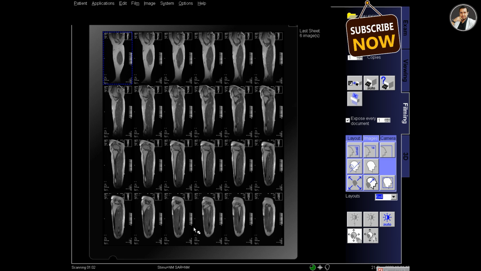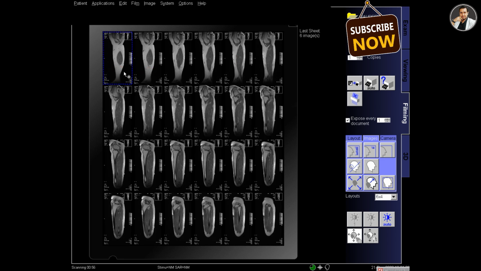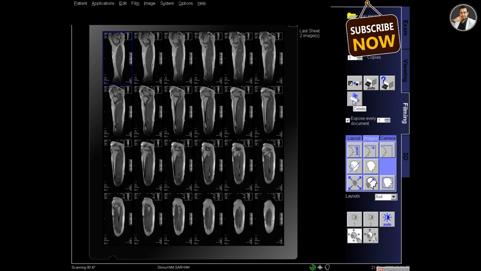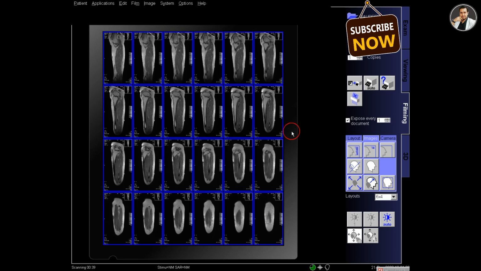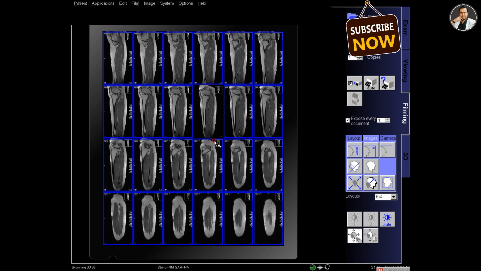And you can see that the orientation of the image is, I think, okay, but there are some extra images, so delete some. During deleting, always keep in mind where the pathology is, and don't delete the images of the pathology. Delete the other images that are far from the pathology.